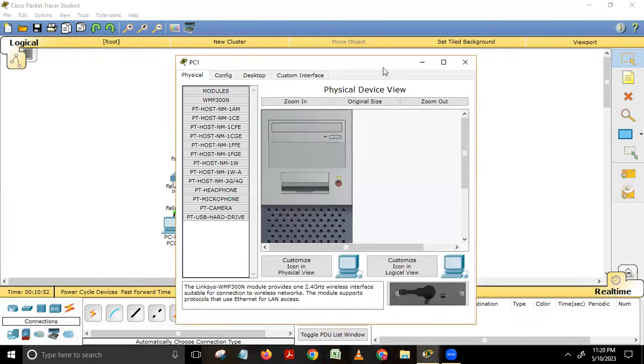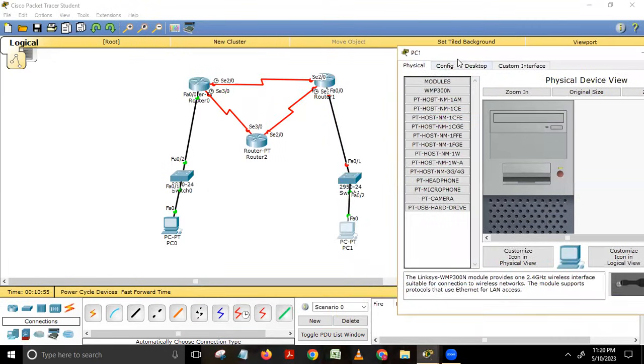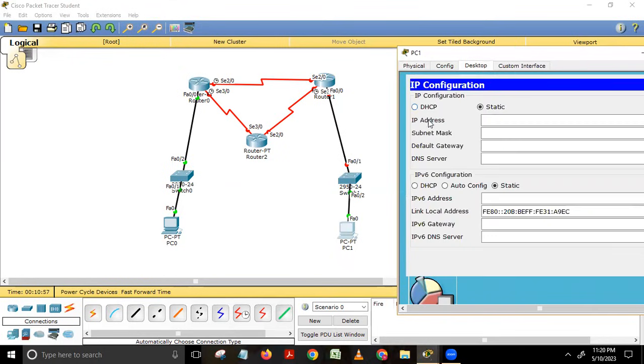So let's start assigning the IP addresses to PC1 here. For PC1, go to the desktop, IP configuration. Let's assign the IP as 20.20.20.2. Similarly, subnet mask, then default gateway. I'm copying from here to save a little bit of time. And then .1. This default gateway is the IP address of the router interface which is connecting me